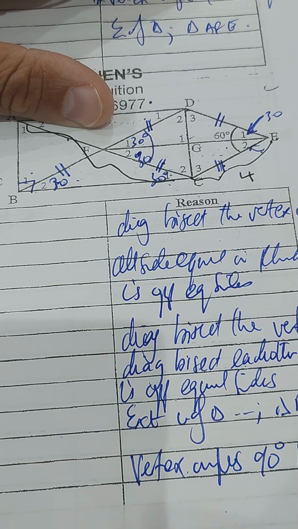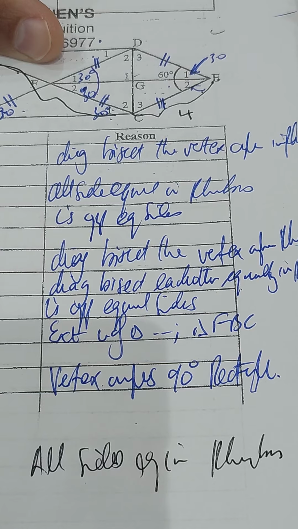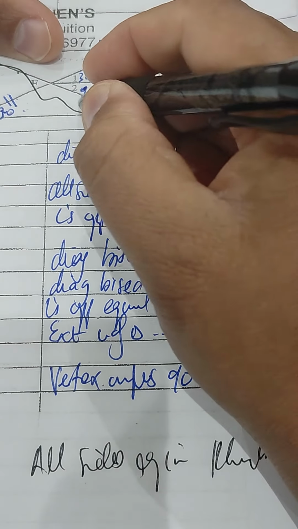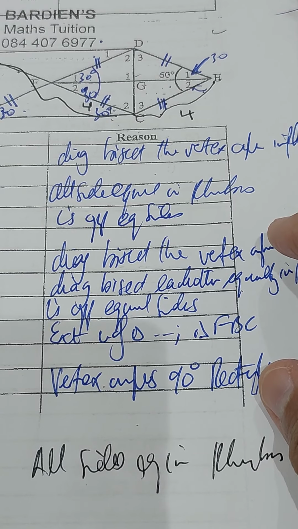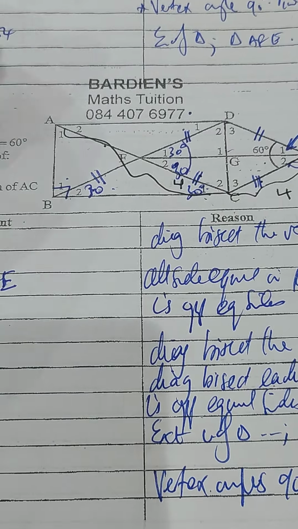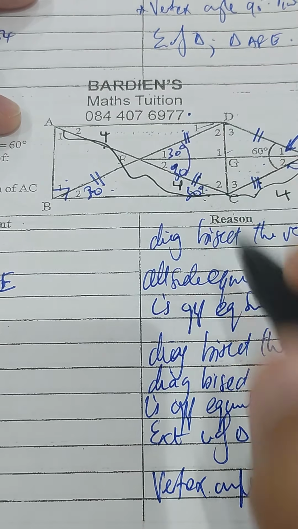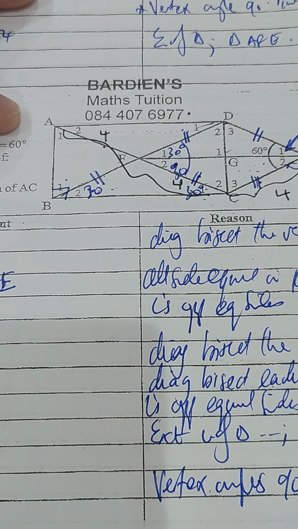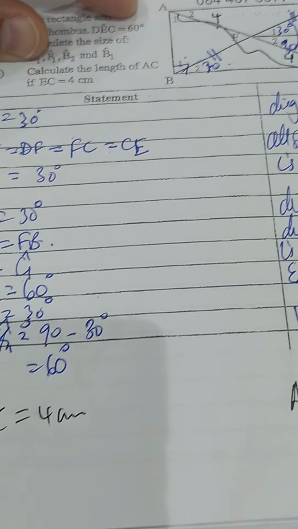in a rhombus. Okay, if there was two rhombus, I would have named the rhombus that I'm talking about. But since there's only one, that is the case there. So that's 4. Then we know that AF is also 4. Why is AF 4? Because the diagonals bisect each other equally in a rectangle. So you can just say